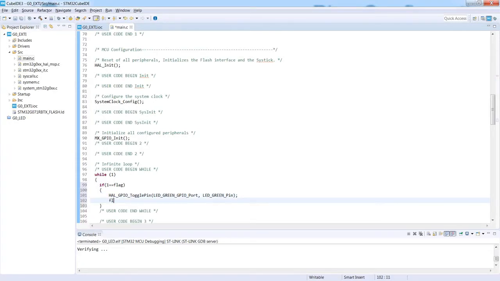Then we need to clear this flag afterwards. So the missing point is to create the procedure where we will set the flag. And the location of this procedure should be related somehow to our interrupt. How to do this? Let's go to the interrupt routines file, which is